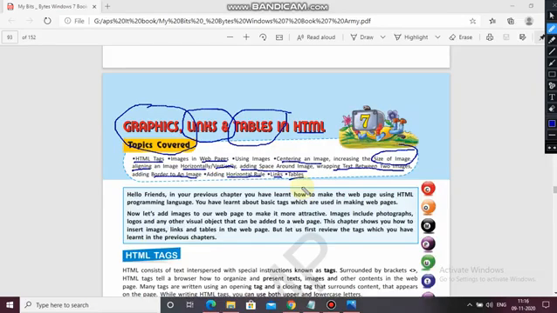Then it means you are using the tags very well, because without knowing the tags you cannot use any attractive things or any alignment in the web page. So to make it attractive, we use what? Some images, tables, different pictures to make it more attractive.